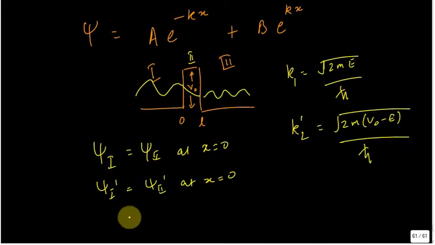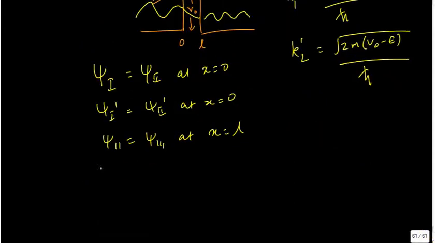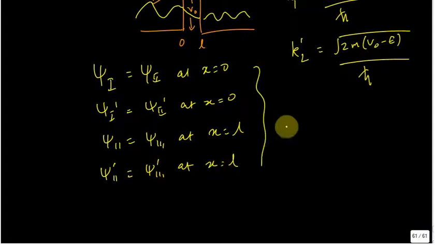and also another two equations, psi 2 equals psi 3 at x equals L, psi 2 prime equals psi 3 prime at x equals L. So now I have four equations, and if I assume that I have thrown a particle only from the left traveling towards the right,